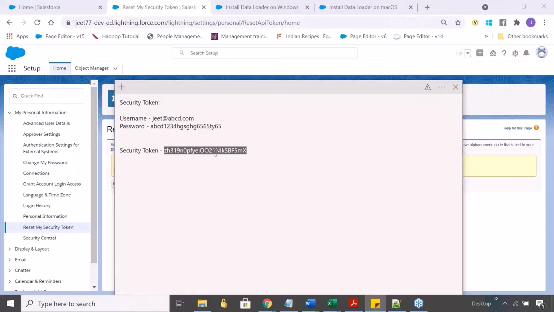You can just put it here along with the password, right after your password, again no space, no special character, nothing in between. Just put your password and right after the password, paste the security token. That's it. Got it? Now we are going to quickly log in to data loader and see how we log in.